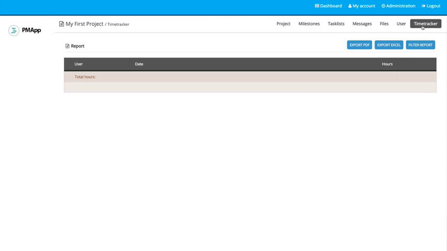Next, we have the time tracker, which is basically going to be blank because nobody has tracked any time yet. So this is a way to keep track. You can export those as PDFs. You can filter the report as well, to drill down by one person, by one project, however you want to filter those reports. Okay, so at this point, now that we have some tasks signed up and we've got a project in there,